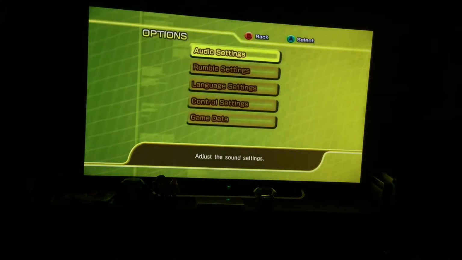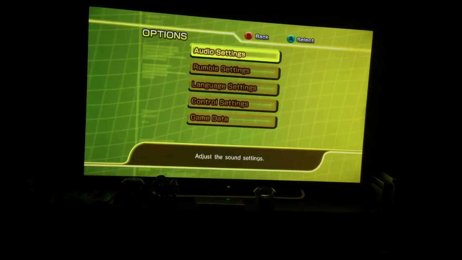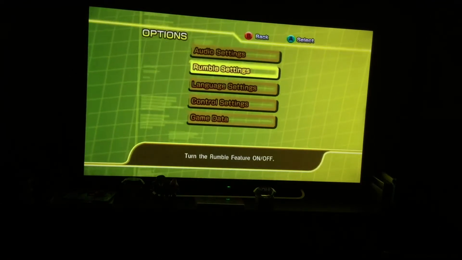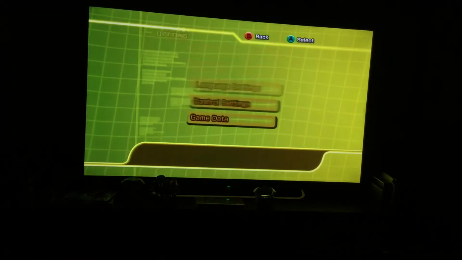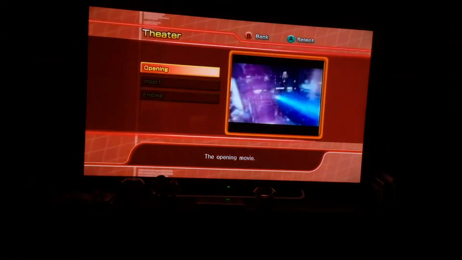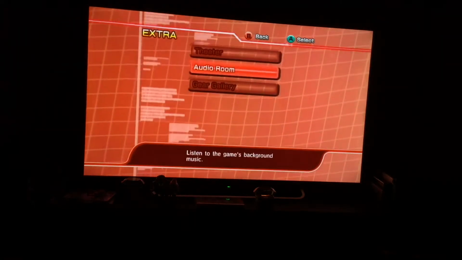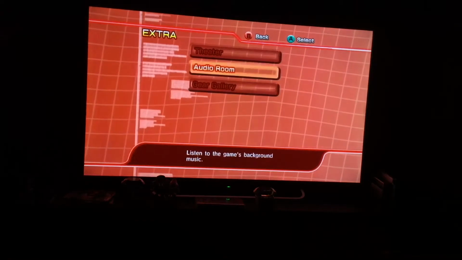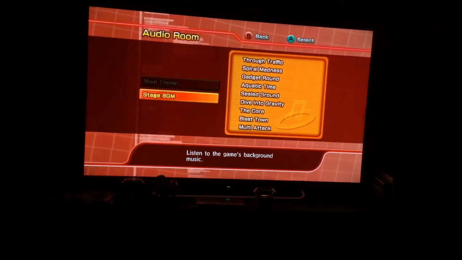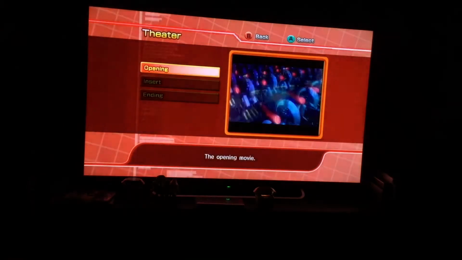And options. Who knew that changing settings would be so intense? Extra. Let's see what this has got. Same thing. You should know this by now. Once you beat the game, you actually get a theater. So, there's the opening, insert, and there's the ending. That's all you get. It's the CGI, but for some reason, you only get the CGI through the theaters. But hey, speaking of which,